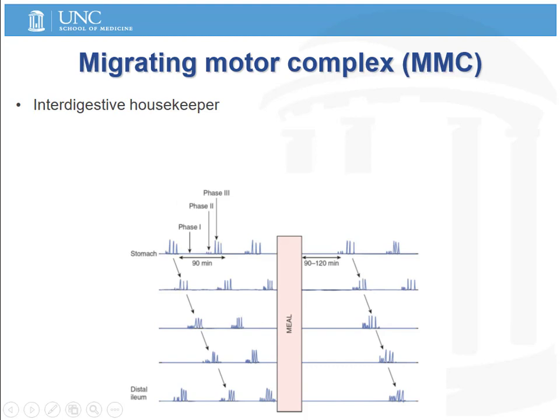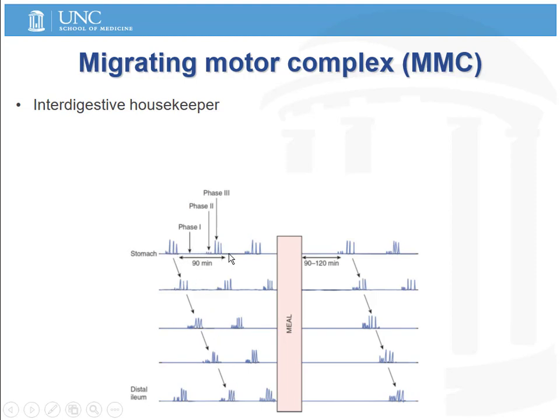The migrating motor complex, or migrating myoelectric complex, is a pattern of electrical and contractile activity that spreads through the gut during the interdigestive period between meals. This is sometimes called the interdigestive housekeeper because it continually sweeps through the small intestine, keeping it clear of secretions and of chyme between meals. The cycle originates in the stomach and migrates through the small intestine,